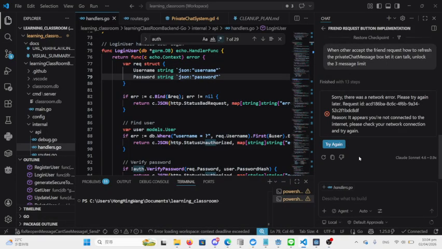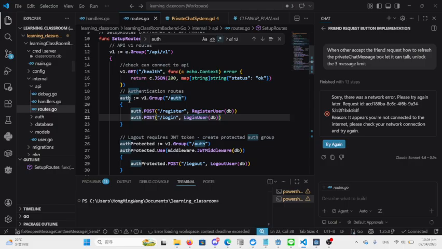Hello everyone, today we want to talk about how to avoid the SQL injection. We can go back to